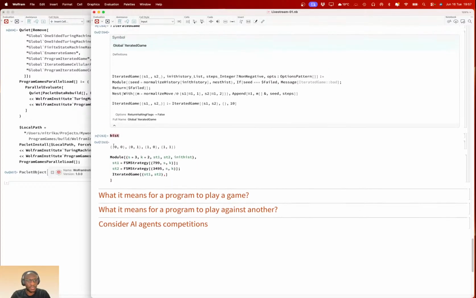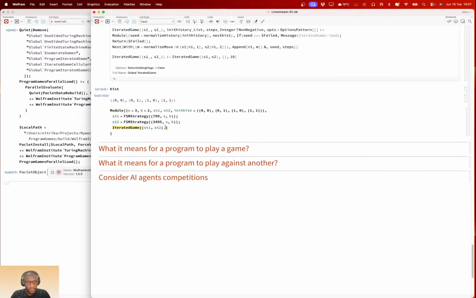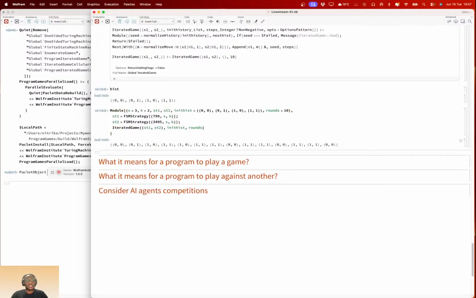I'll just copy these. Then how many rounds do we want? So let's say we do 10 rounds. So you play a game, and these are for 10 rounds, plus the initial rounds. How many did we get here?